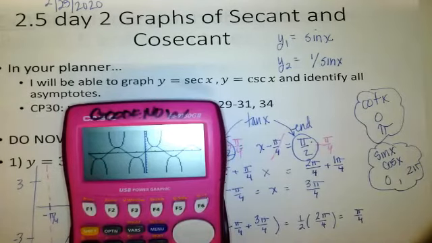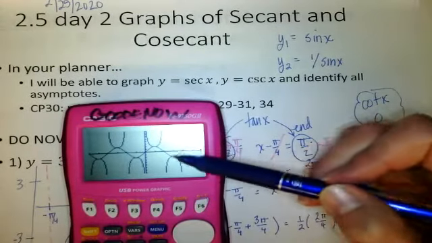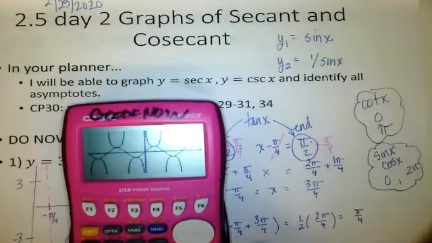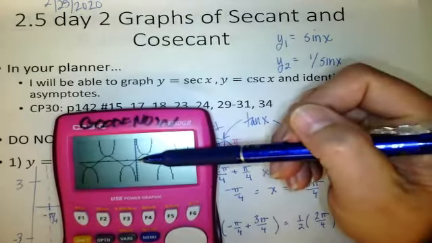Most of you probably see something like this. So sine of x, here's our sine curve right here. Middle, high, middle, low, middle. Do you see that? And so what happens